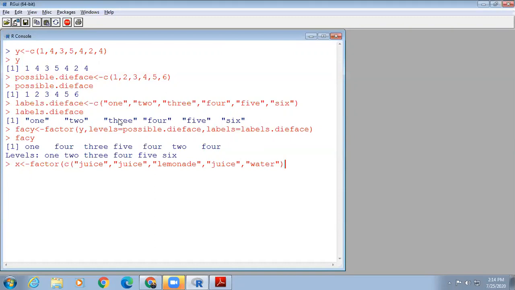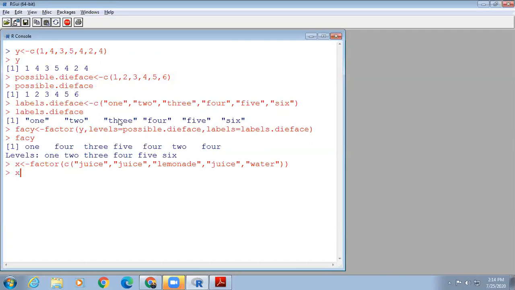Here we are not providing any label or level, but by default all the values combined with c are listed in alphabetical order as levels, without duplicates. It provides only distinct values.